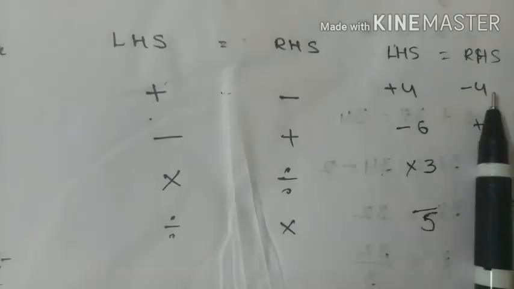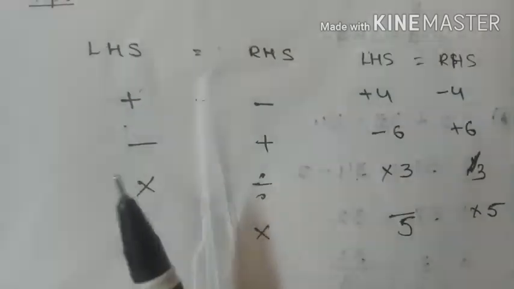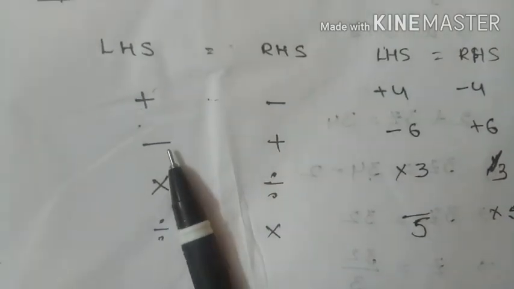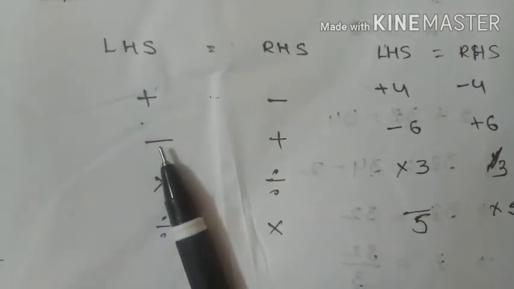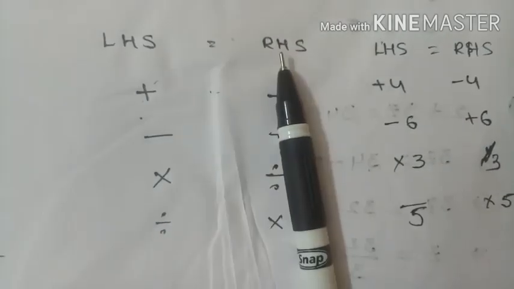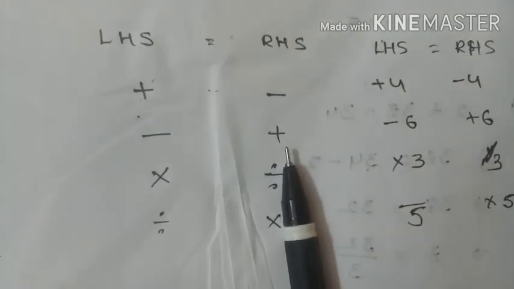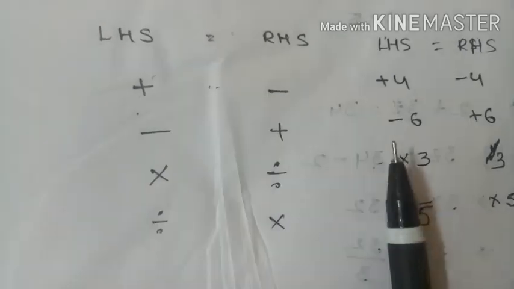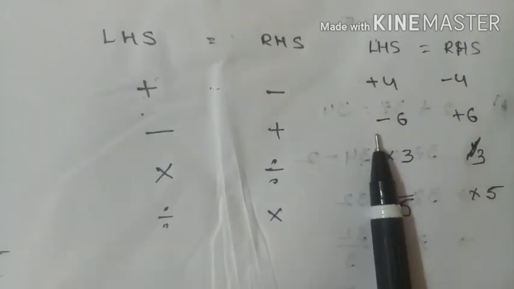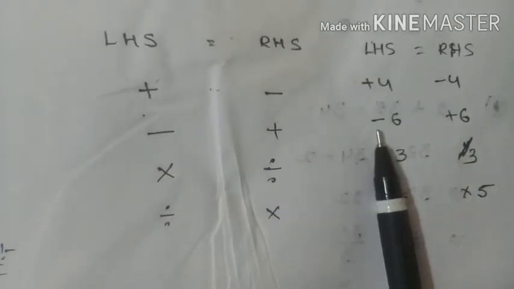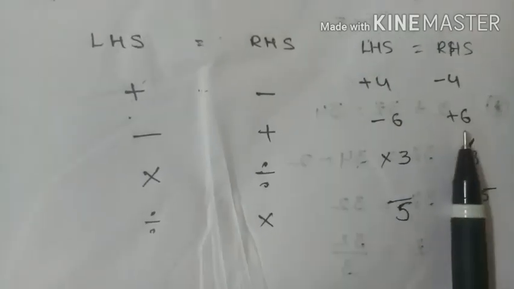Next, if you want to transpose minus values from LHS to RHS, it becomes a positive value. For example, -6. If you want to send -6 from LHS to RHS, it becomes